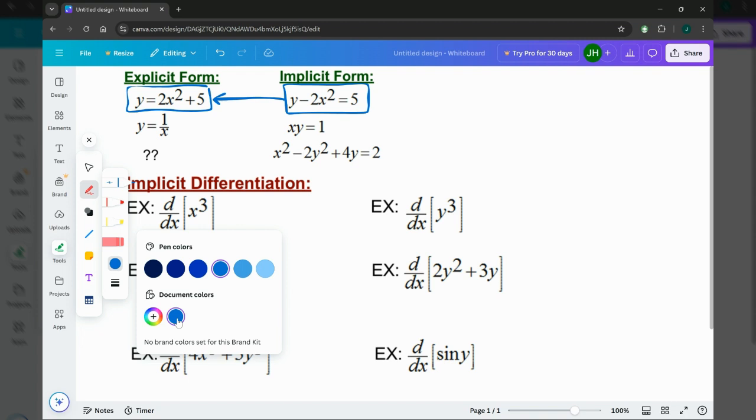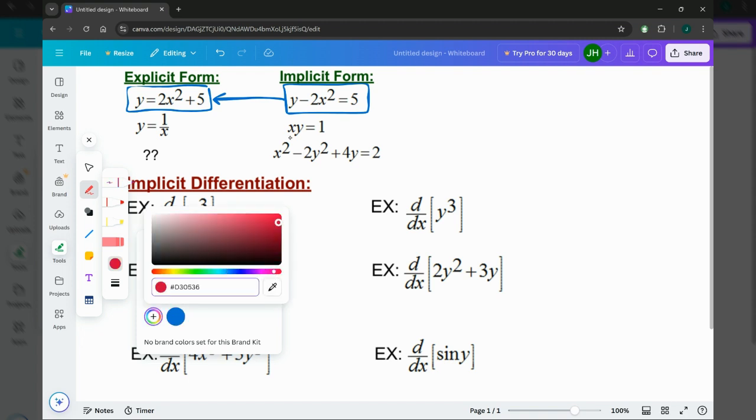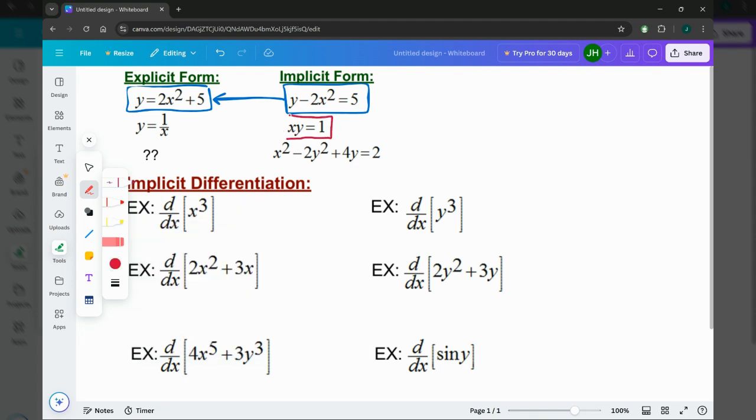Same thing with the next one. If I have an equation here, x times y equals 1, this is implicit form because it's not solved for x. It's not solved for y. But if I solve for y, I could divide by the x, and I get y equals 1 over x. That's explicit form. Now, what's great about these two equations over here, it would be really simple to take